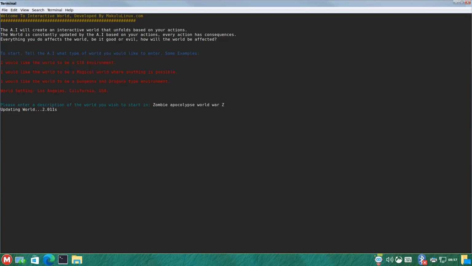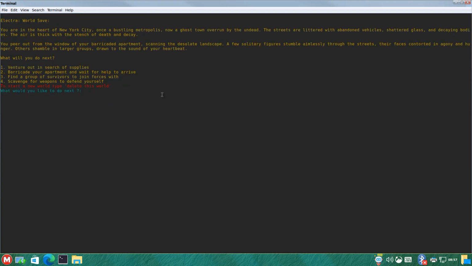Enter. The AI will now create that world, because it says here, to start, you've got to describe the world that you want to enter. So it says there, you are in the heart of New York City, once a bustling metropolis, now a ghost town overrun by the undead. The streets are littered with abandoned vehicles, shattered glass, and decaying bodies. The air is thick with the stench of death and decay. You peer out from the window of your barricaded apartment, scanning the desolate landscape. A